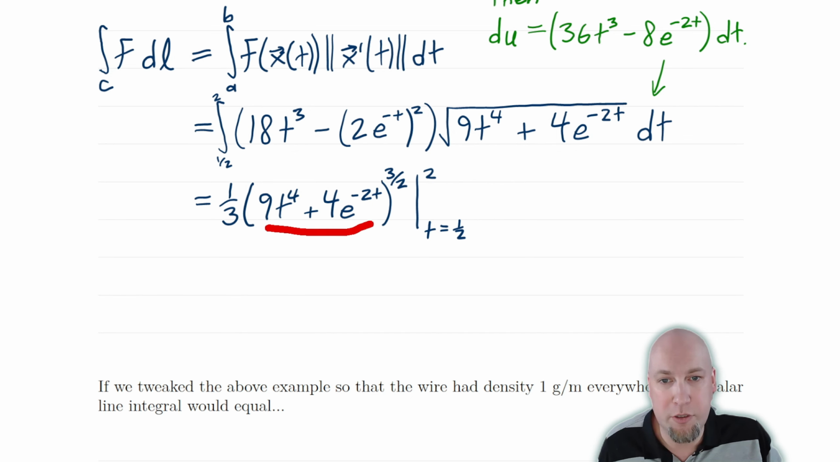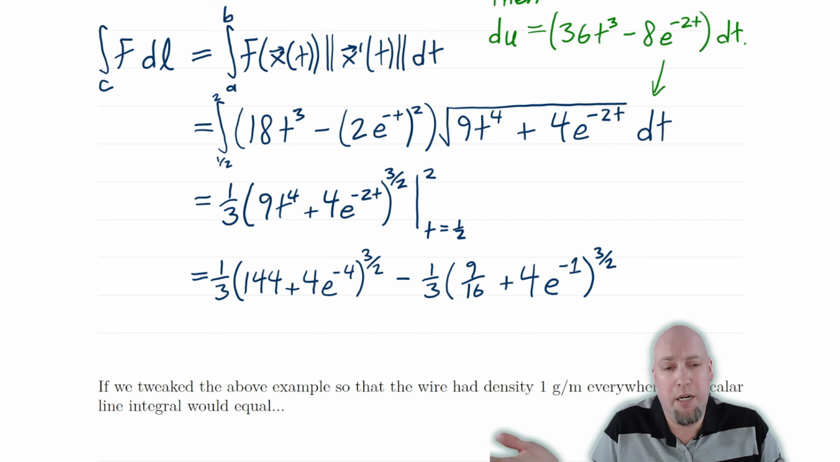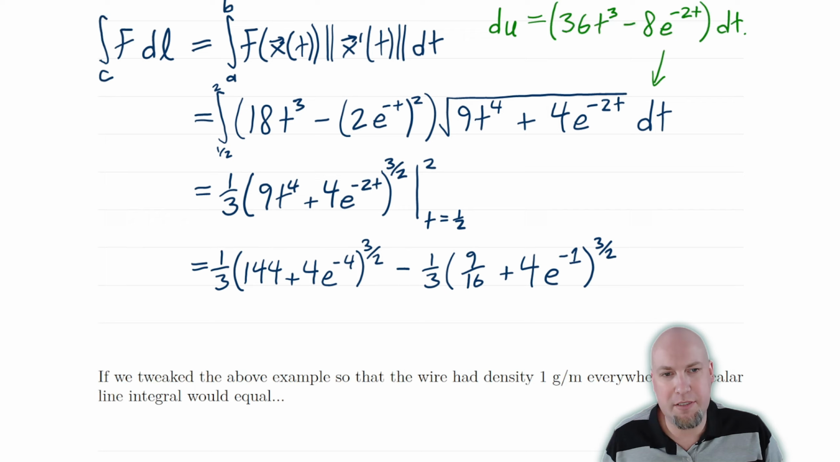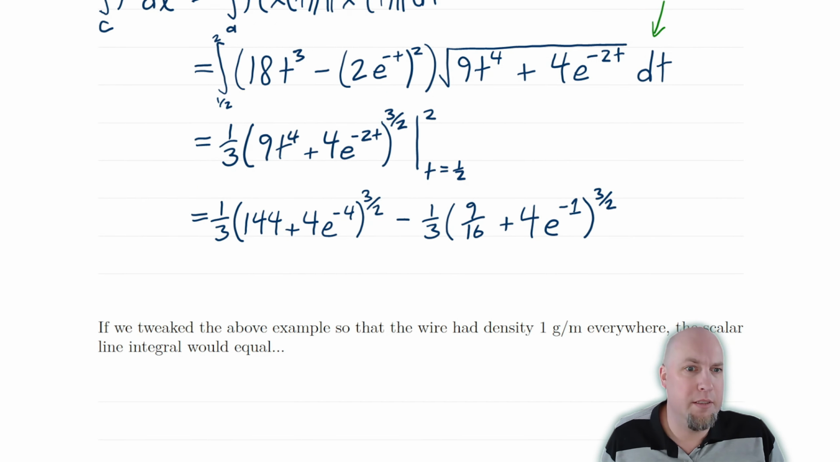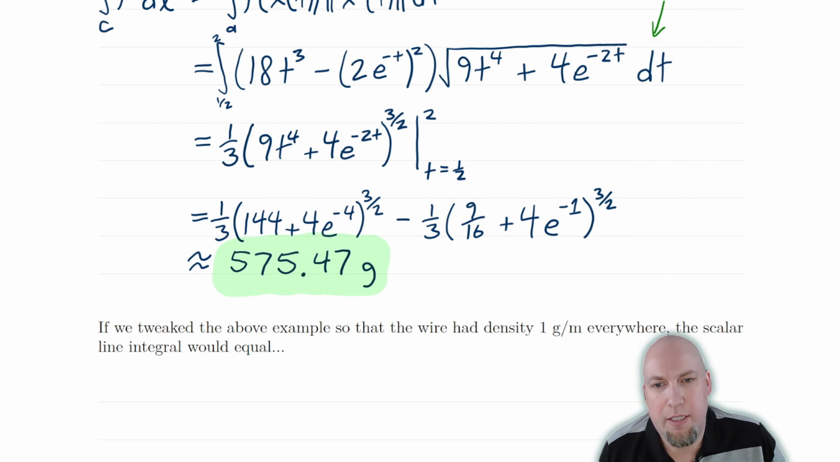When I plug in 2 for t everywhere, I just get this ugly mess over here. When I plug in 1/2 for t everywhere, I get this ugly mess over here. I just subtract them, and it's some number. I mean, you could probably simplify and clean that up a little bit, but whatever. That's the exact answer. If you want a more numeric answer that you can actually think about, plug that into a calculator and you get something like